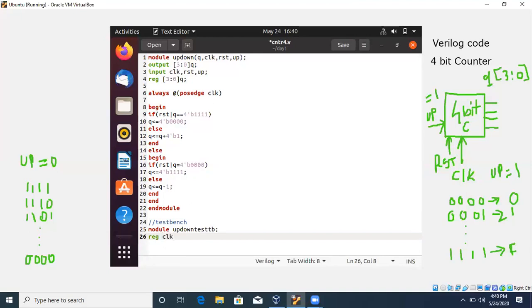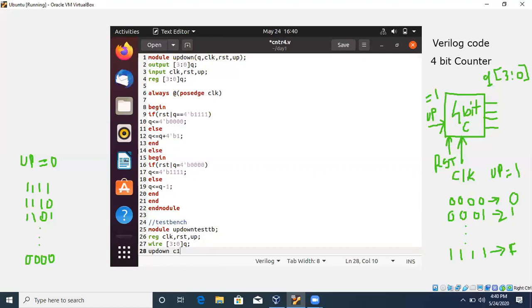CLK for clock, RST, and up. Similarly your output becomes wire, so wire, it is 4 bit, so [3:0] Q. Then up_down, which we have used in the design code, the same name you have to use here, up_down.